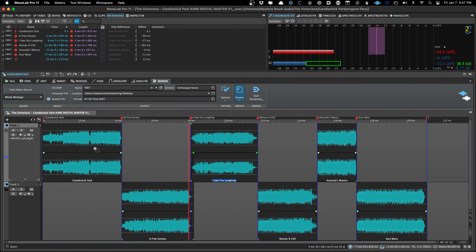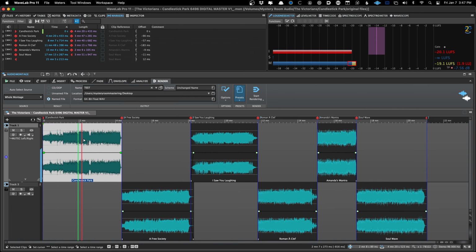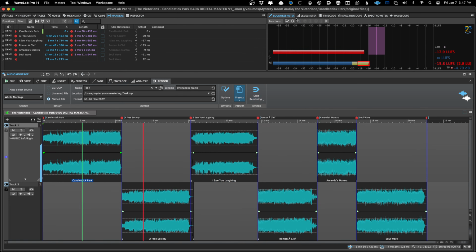I skipped over the metering a little bit initially because I didn't have any files loaded, but let's check out the metering. Again, I've just removed all my plugins, so it's not as loud as it might be, but the meter I look at most in WaveLab is the loudness meter because it's showing me the LUFS readings. And there's